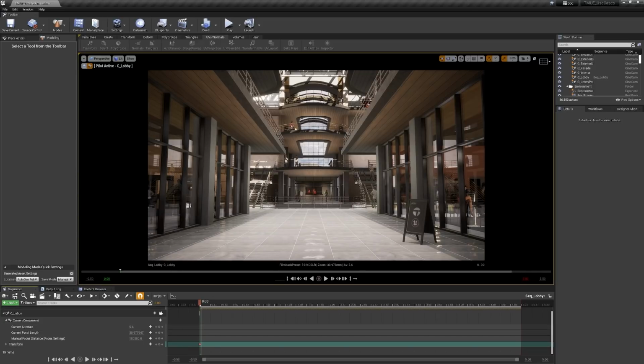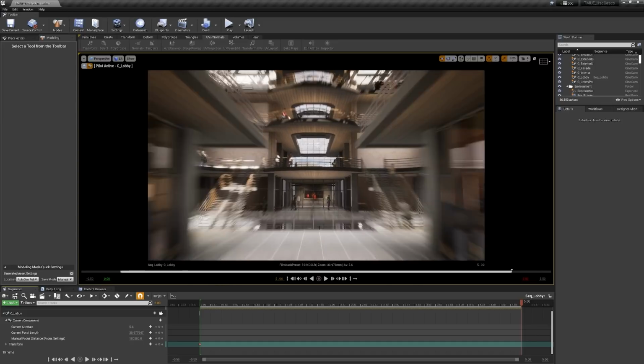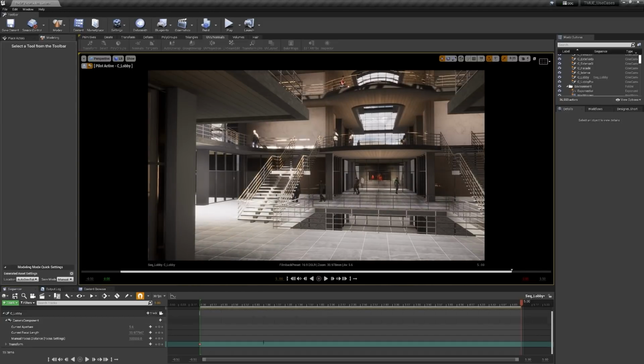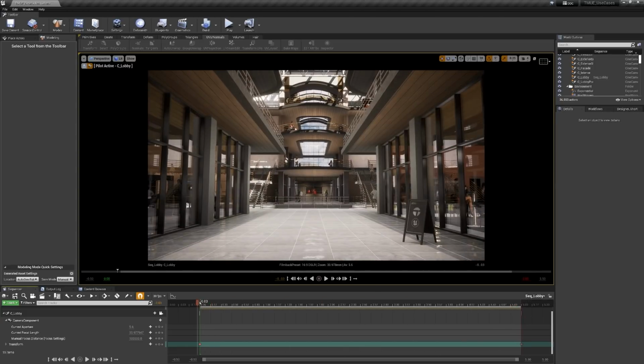I'm now going to drag the cursor down to the end of the timeline. And using my mouse, I'm going to move forward in the project, perhaps rotate as well. And then I'm going to go back to that Transform button and select the plus button here. Now you see that when I scrub through my timeline, it saved the movement that I created.